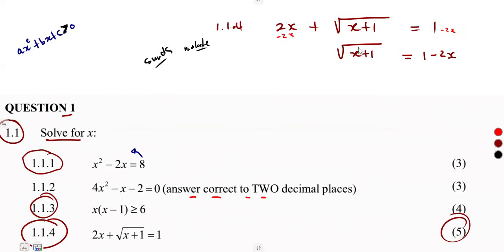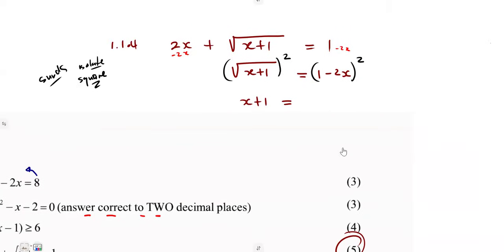What are we going to do to get rid of the square root? We have to square both sides. So in our case, you are going to square both sides of your equation. Squaring here is removing or getting rid of the square root. The moment you square, you get rid of the square root. So you remain with x plus 1, which is equal to, on the right hand side, you are going to square